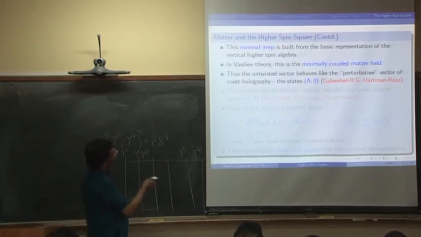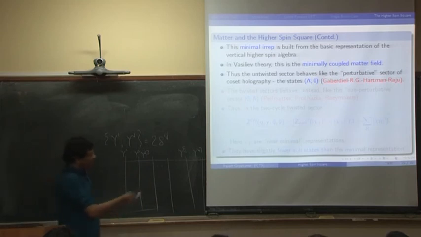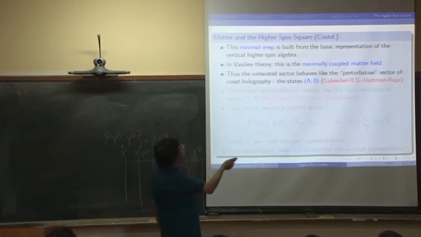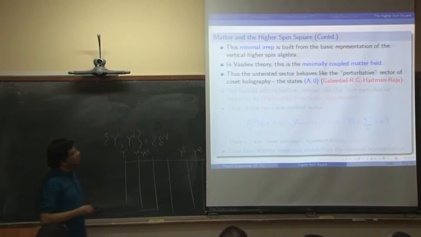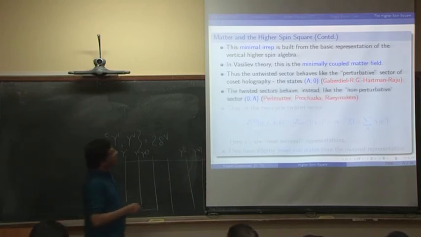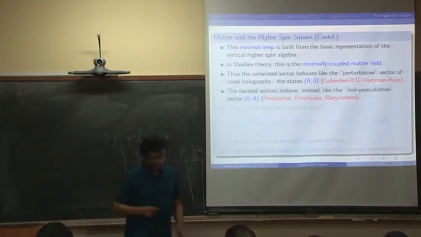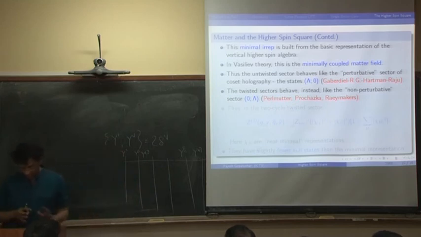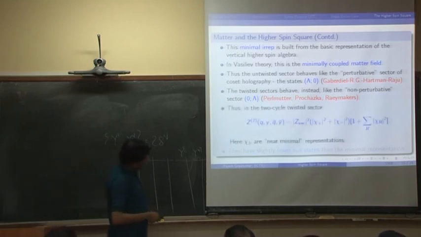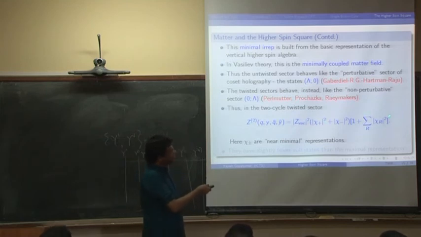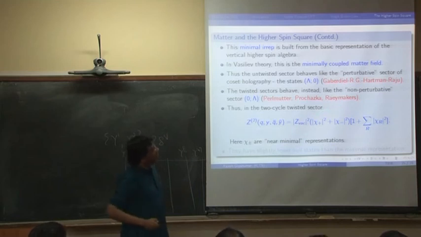There's a sector of the cosets which behaves like multi-particles of the basic Vassiliev field, and in fact this sector behaves exactly like that. But if you look at the twisted sectors, which I haven't exhibited in any detail right now, for instance, if you look at the two-cycle twisted sector, that is, there are some new representations coming of this